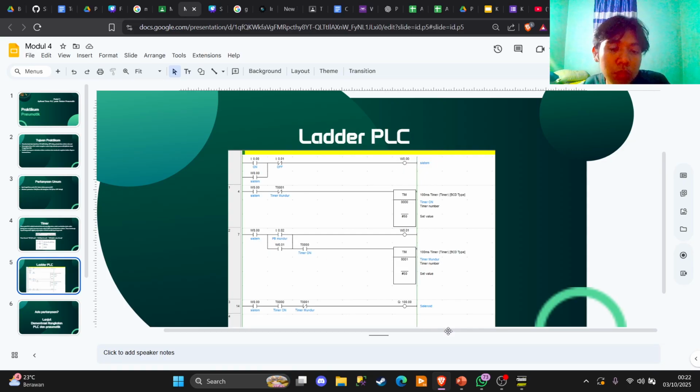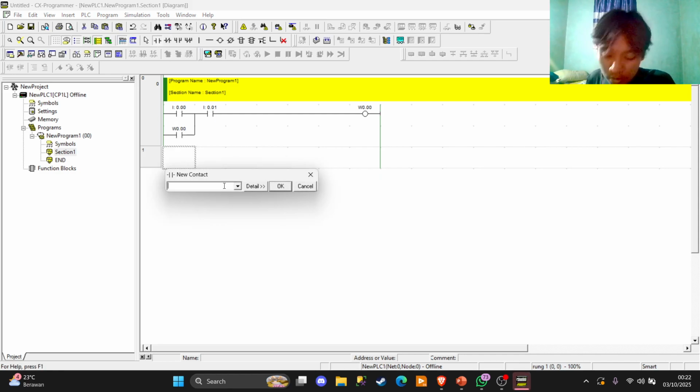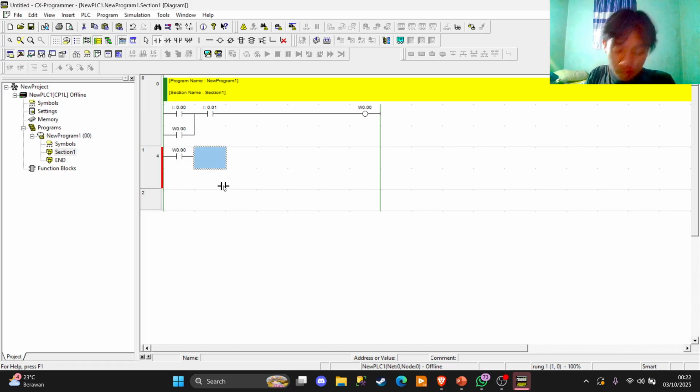We should make a different system in another rung, because if we put the system in here it will crash and the program cannot be used. So the first one we make with the same pin.